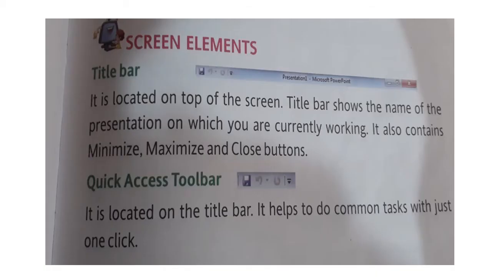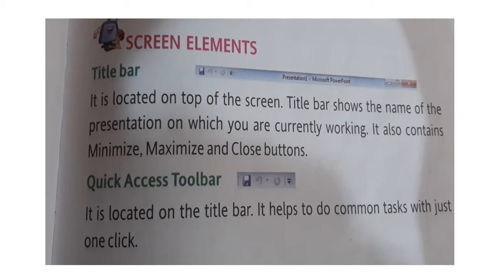The first screen element we are having is title bar that you can see at the top of the screen. Title bar shows the name of presentation on which you are currently working.